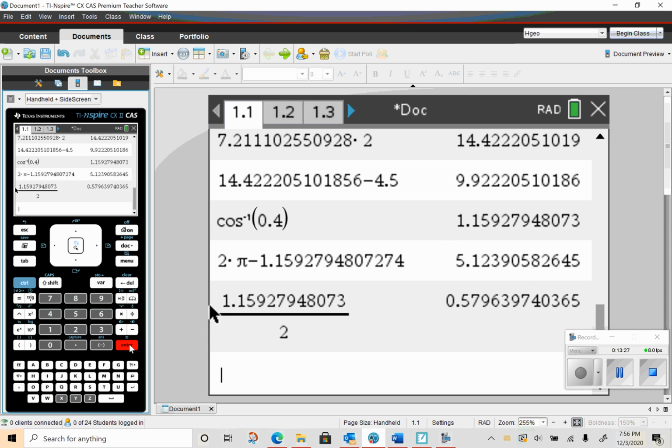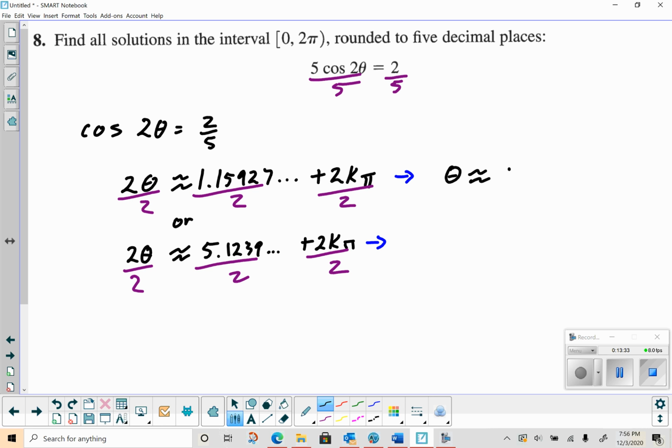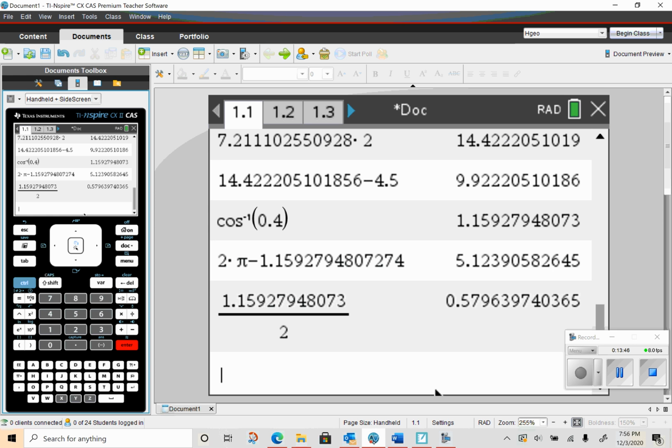So that'll give me approximately 0.5796 plus 1k pi. And then the second one there,